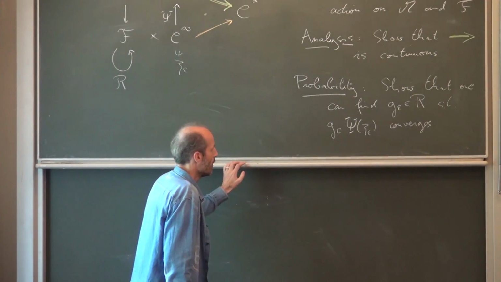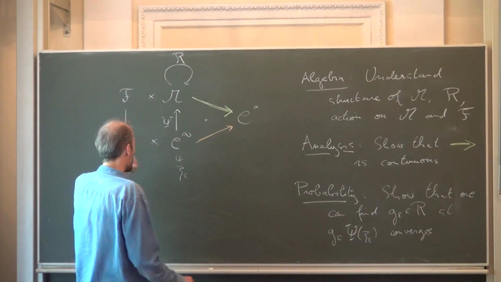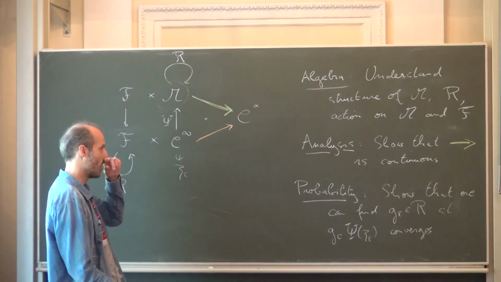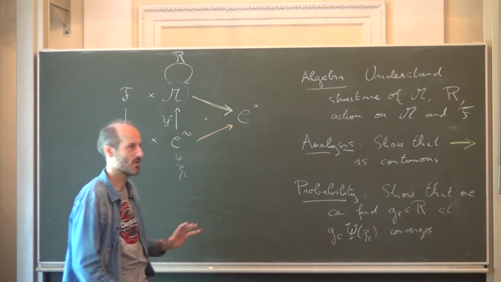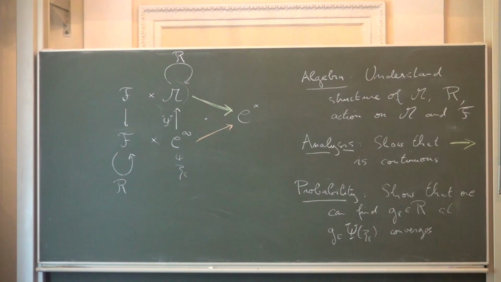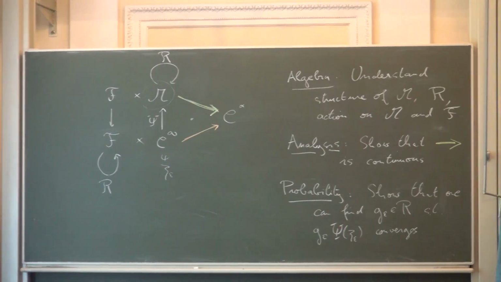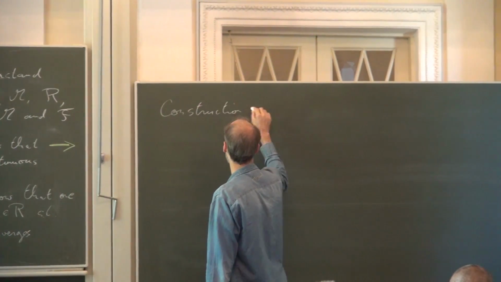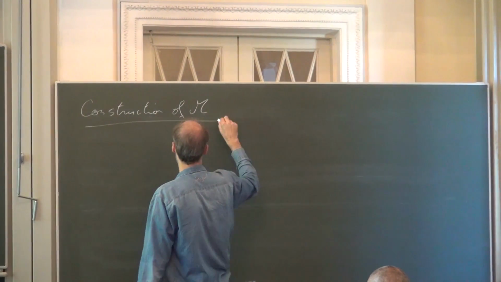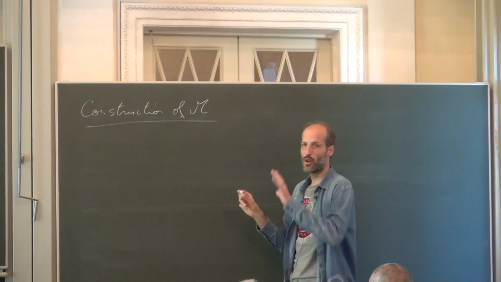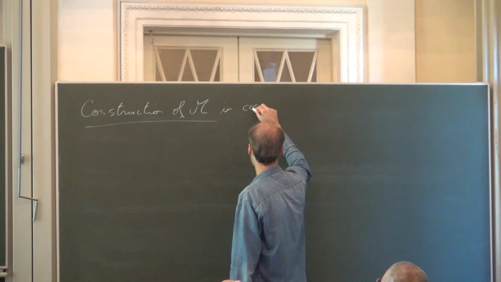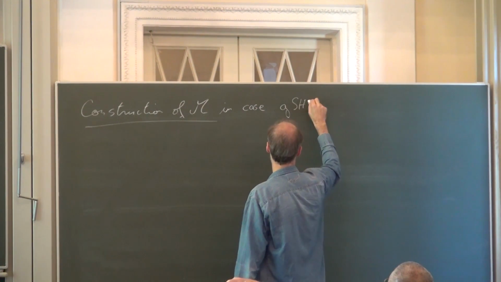Okay, so yesterday I gave you a bit of some hints of what this space M looks like, but I want to come back to that and explain a little bit more how you build this space M. So, the construction of M. And I'm going to focus on the case of this geometric stochastic heat equation,